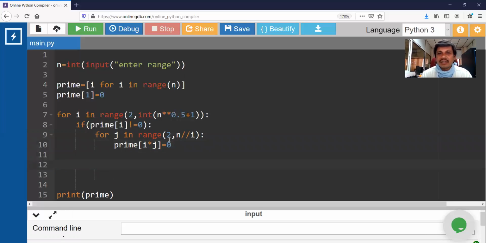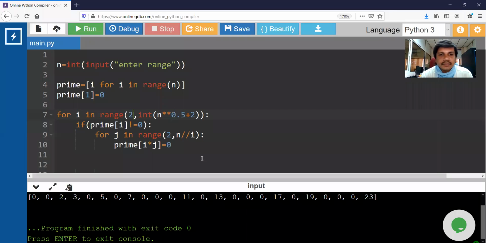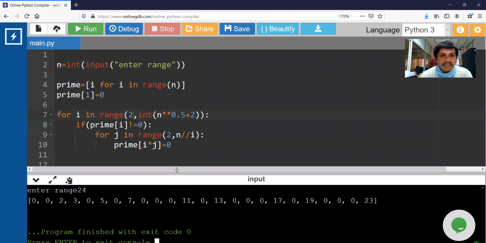Now we will print the prime list. Previously, I have printed the prime list. It prints all the numbers from 1 to 49, right? 1 to 50, right? Now we will see whether it is printing prime numbers or not. Okay. Now we will execute this code. This one. Okay.